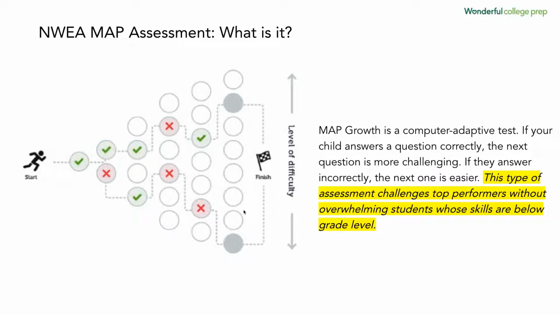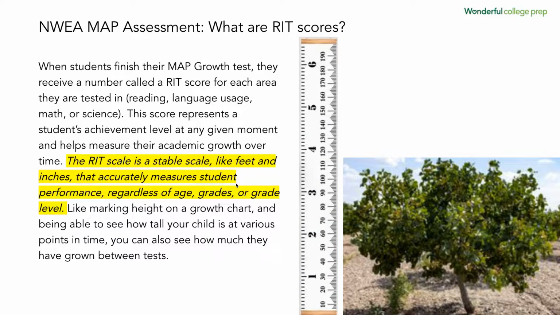So our students do not all take the same questions on the MAP assessment. This is going to tell us how they're growing, the rate of their growth, and the expected rate we can think about for future years. So the NWEA MAP assessment, you're going to get a score for RIT. And while this sounds and looks complicated, we can break it down to be much easier.